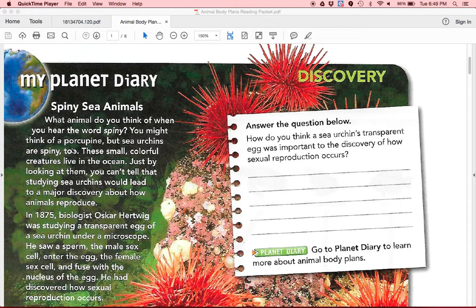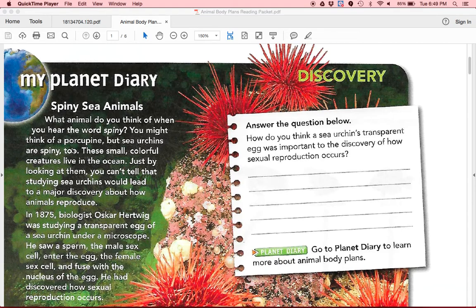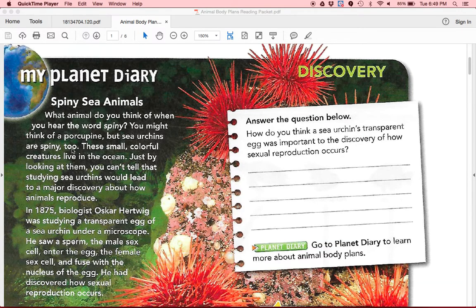What do you think of when you hear the word spiny? You might think of a porcupine, but sea urchins are spiny too. These small, colorful creatures live in the ocean. Just by looking at them, you can tell that studying sea urchins would lead to a major discovery about how